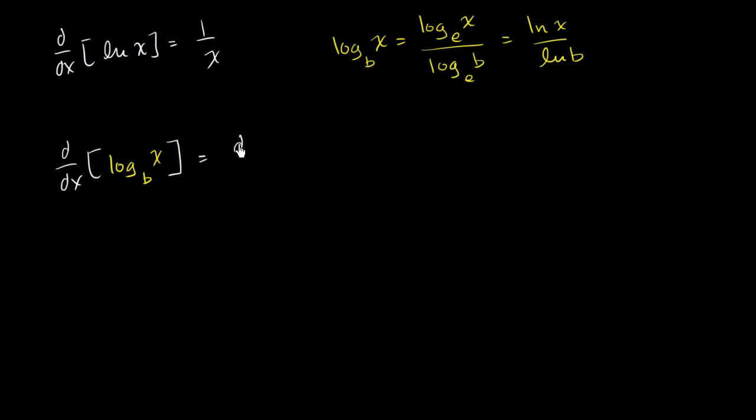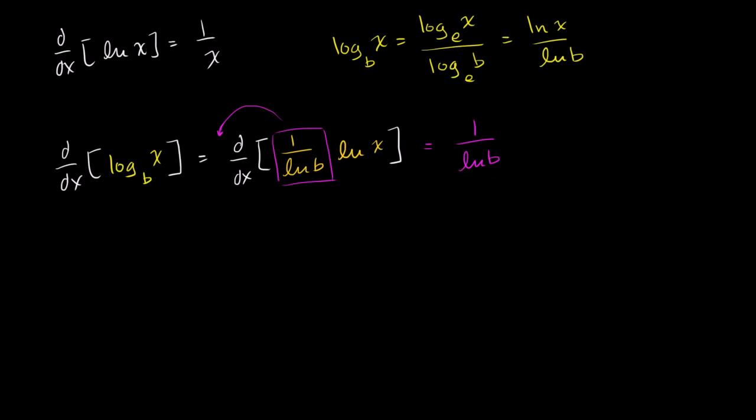This is equal to the derivative with respect to x of the natural log of x over the natural log of b. Or we could even write it as 1 over the natural log of b times the natural log of x. And now this becomes pretty straightforward, because 1 over the natural log of b is just a constant that's multiplying the natural log of x. So we could take it out of the derivative. So this is the same thing as 1 over the natural log of b times the derivative with respect to x of the natural log of x,